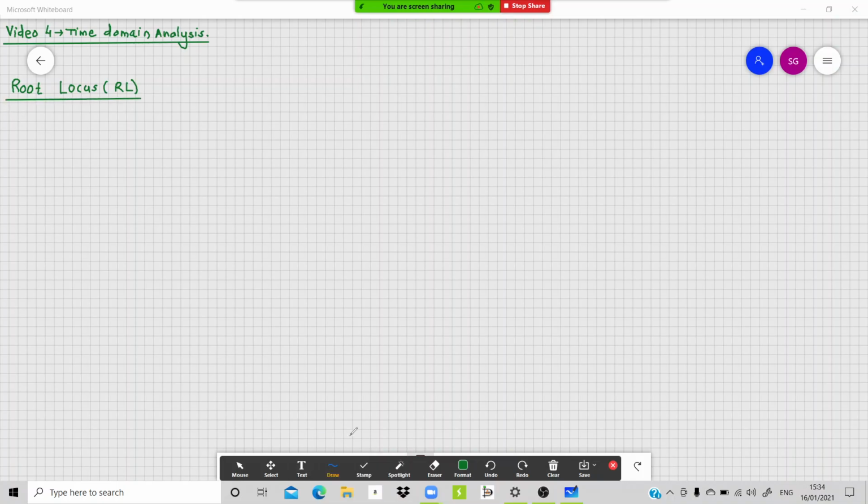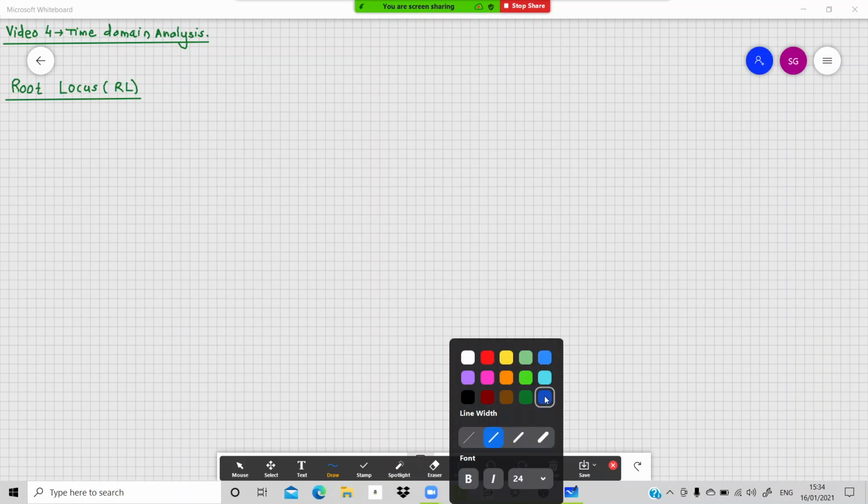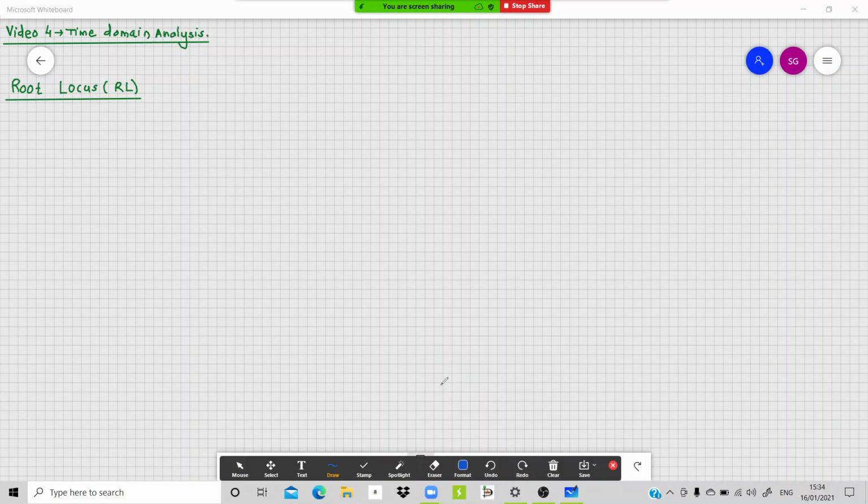So first, in short, how the rules are there in MATLAB and all those things we'll not discuss. Only what are the rules, what are the main formulas we'll see, and one numerical I'll solve for you. I'm not going for design in this part, right? Design Sarah has already taken for you. So I'm talking about first thing OLTF. You know what is OLTF, you know what is CLTF also. So OLTF, that is G into H, correct?